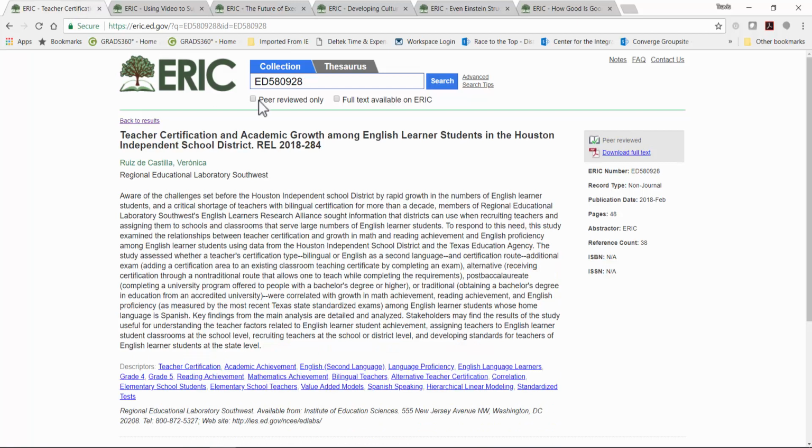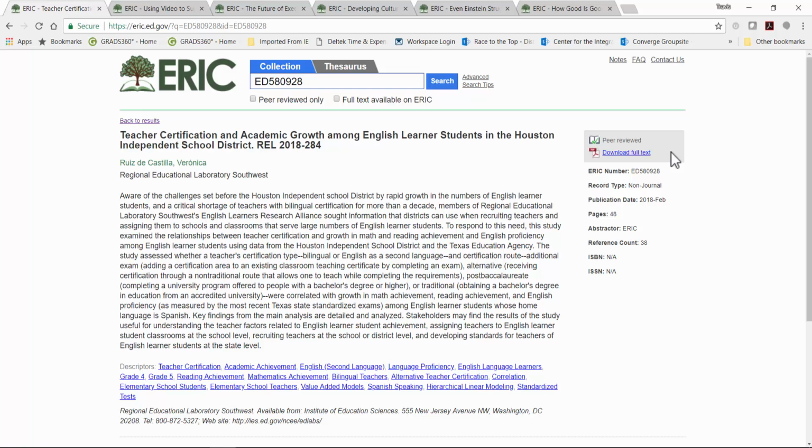The symbol everybody wants to see in their search results is the PDF icon indicating full text download is immediately available. There are currently about 391,000 full text items available in ERIC, and more go in every day.